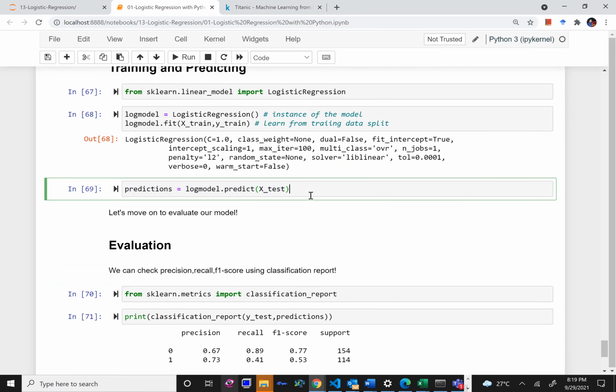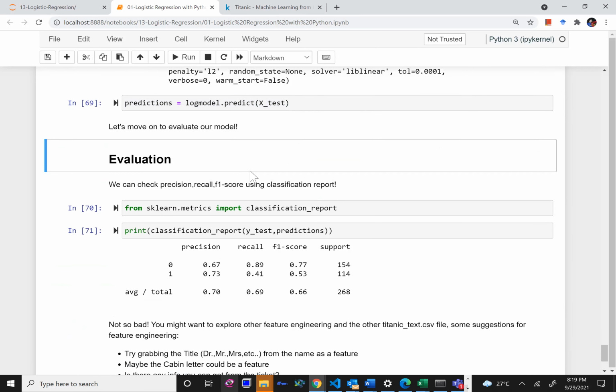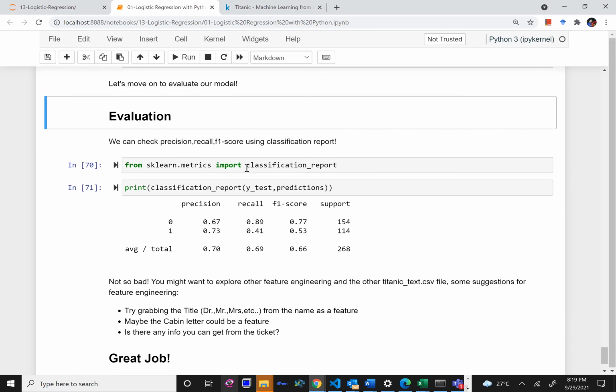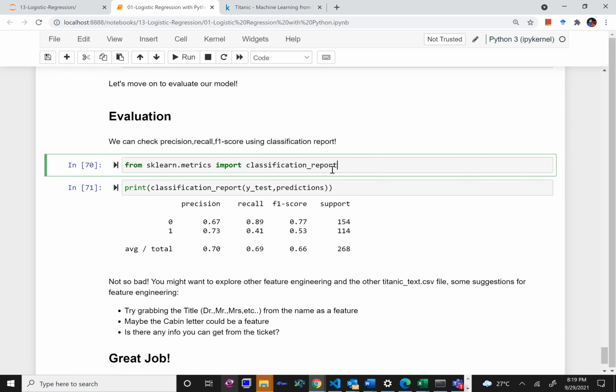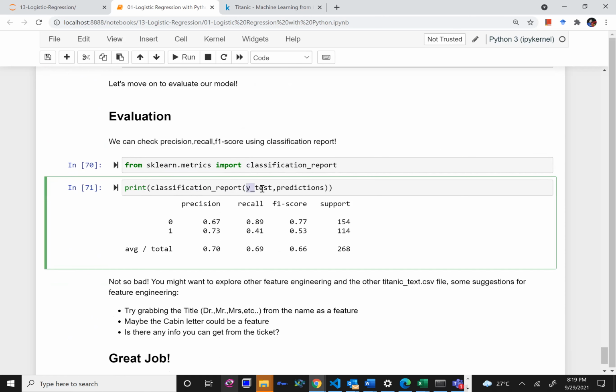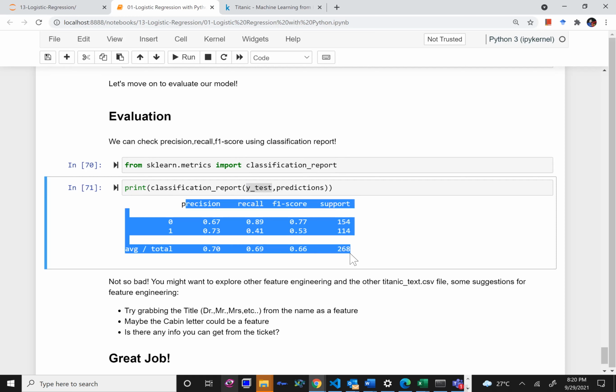Once my model has made predictions, I will evaluate how many predictions were right and how many were wrong. I will use the classification report functionality from sklearn metrics. The classification report will make a confusion matrix. So what is the prediction by the model versus what is the actual value, right? And how many times the model gave a correct answer, how many times a wrong answer, what is false positive, what is false negative. So it will give me a classification report in this form.